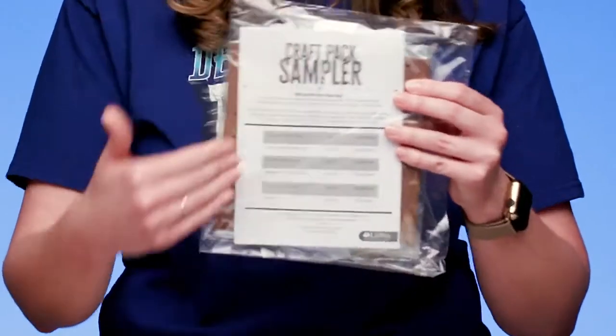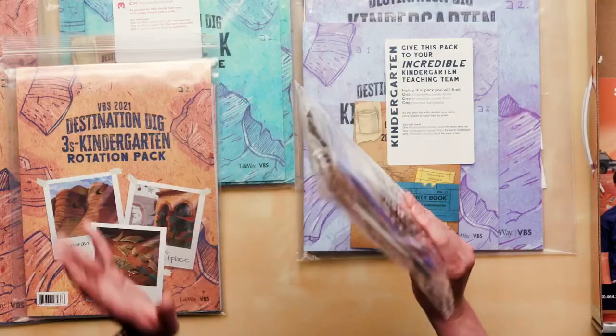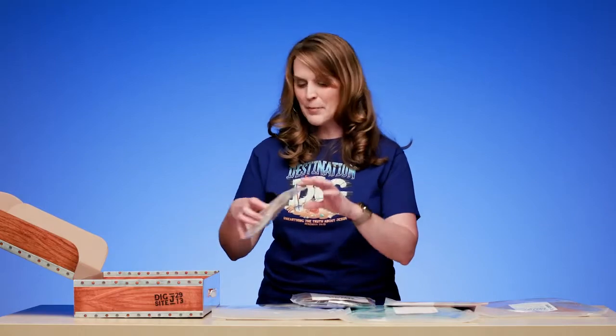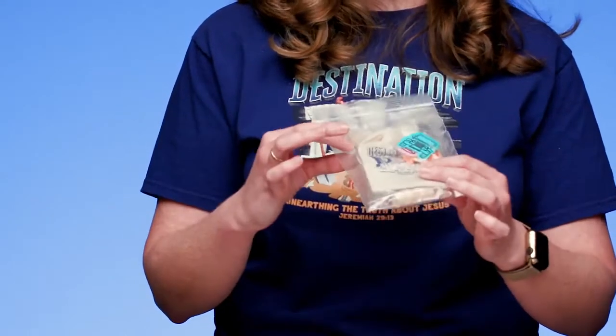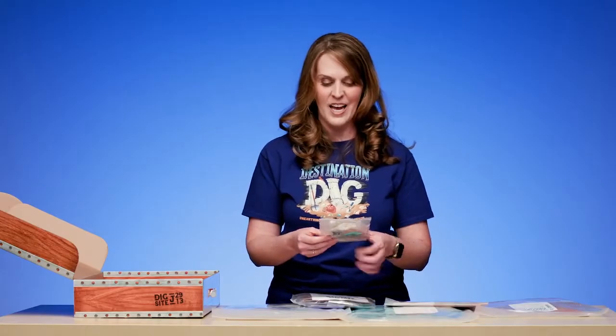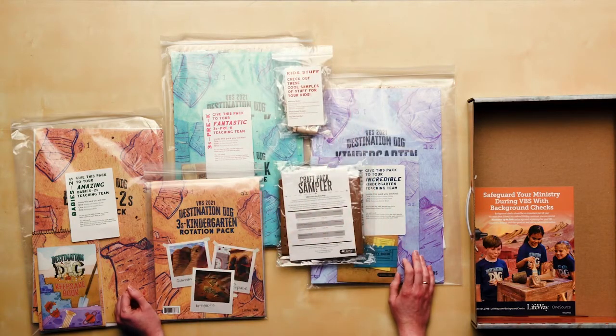Then, just some samples for you. You see a sampler pack of all 6 of our craft packs so that you can look through them, work them ahead of time, and decide which ones you want to order. And last but not least, there's a little sample of some really cool stuff like the Memory Maker, which is another take-home element to help kids of this age remember the Bible stories from Destination Dig. So some things to check out again so that you have a sample and you know what to go back